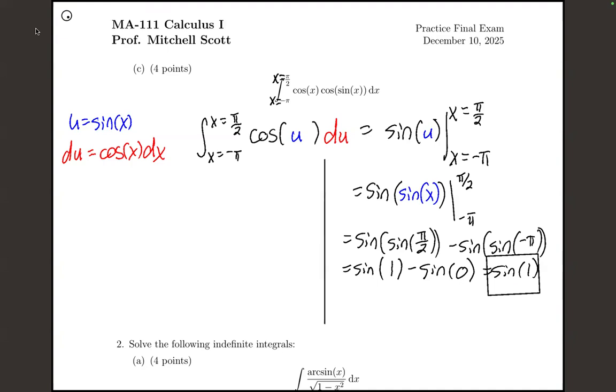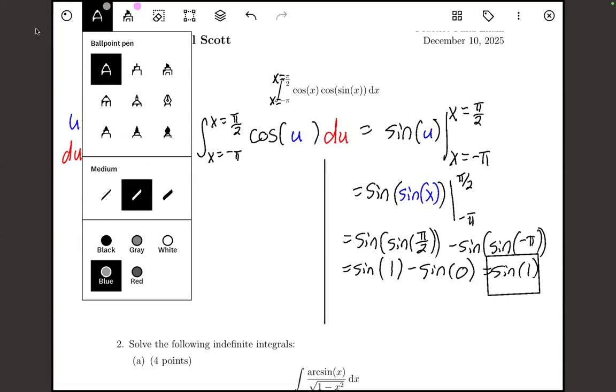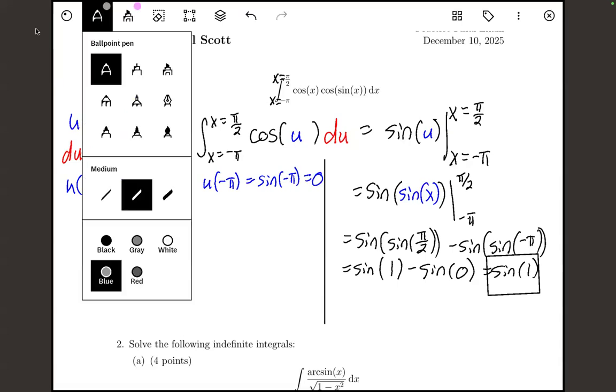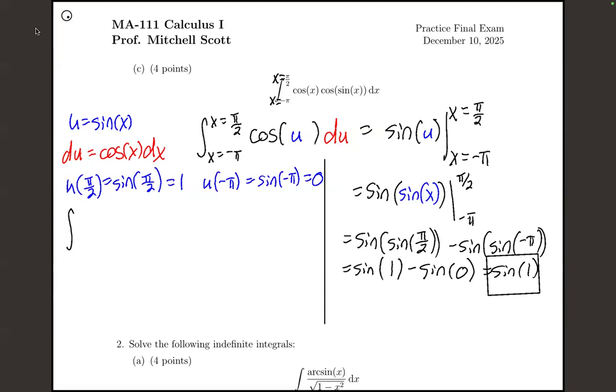The only thing is, over here, I need to change these in terms of u. So if u is sine of x, we have u of pi over 2 equals sine of pi over 2, which equals 1. And then u of minus pi equals sine of minus pi, which equals, as we talked about, 0. So then if we want to fully write this integral in terms of u, we have the integral